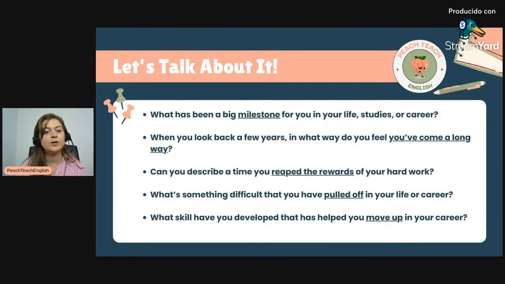So let me say one of the big milestones in my life was learning Spanish. When I was 18 years old, I went to Nicaragua, and unfortunately, I didn't speak any Spanish, so I couldn't communicate with the people. I absolutely loved the experience, but I hated that I could not speak to them. So when I got back to the US, I decided that it would be my goal to become fluent in Spanish. So I majored in Spanish at university, and that's another big milestone.